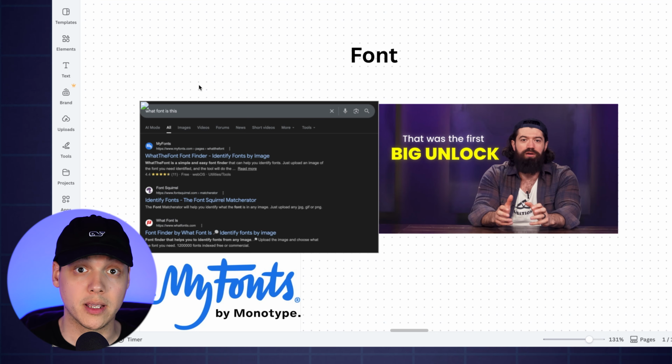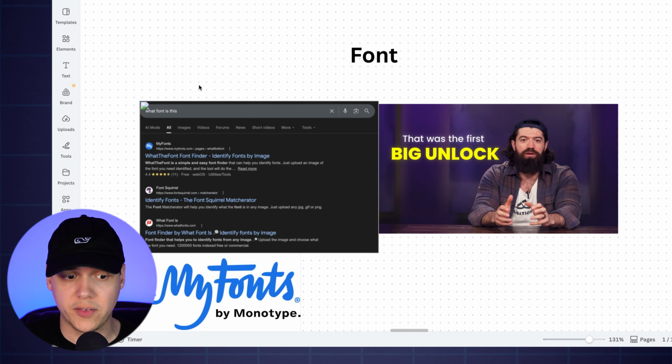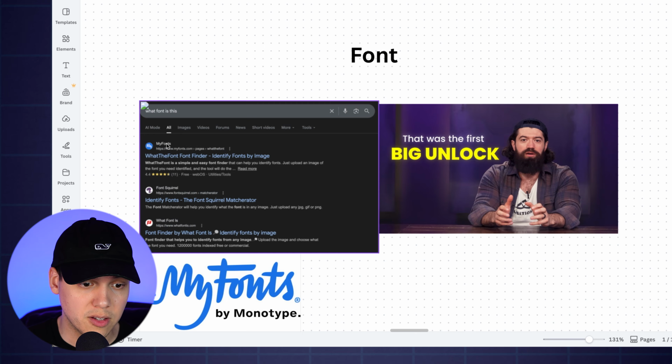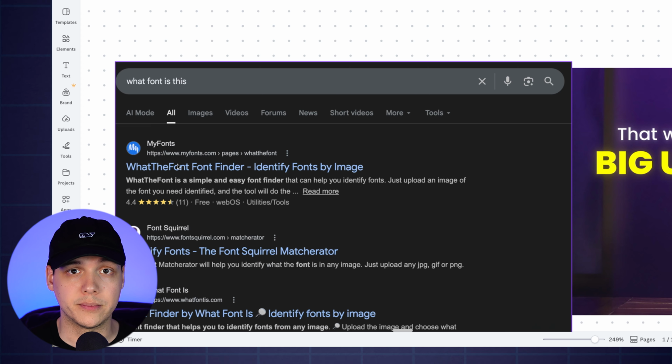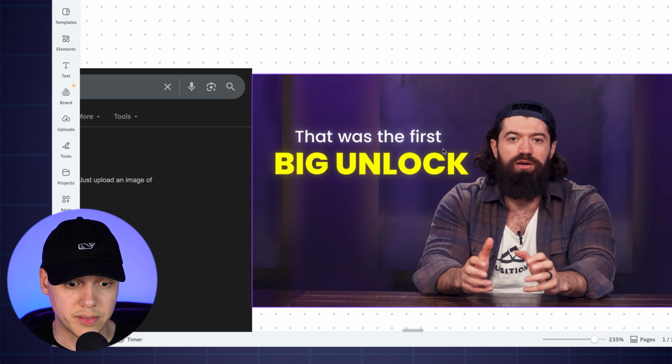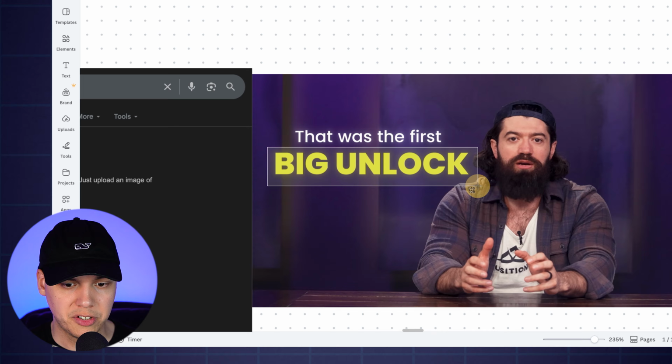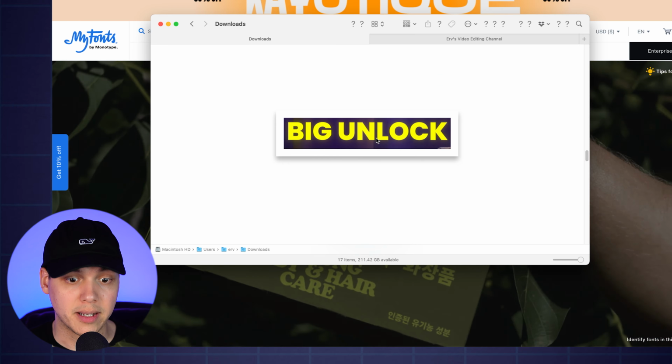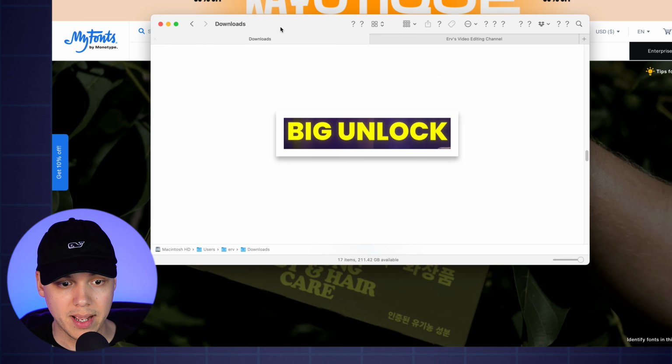In order to find the font that he was using, all I did was Google search, what font is this? And it led me to this website, and then the process was very simple. So all I did was I took a screenshot of the yellow text. On Mac, you can just do Command-Shift-4, and then you can select the area that you want to screenshot. Once you have the screenshot, all you do is drag it over to this website,